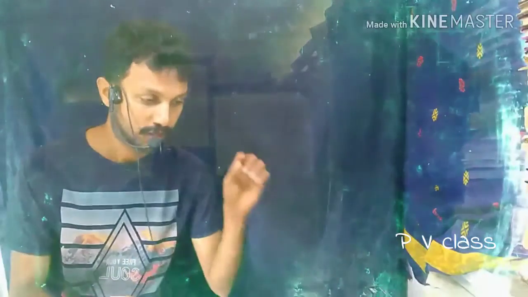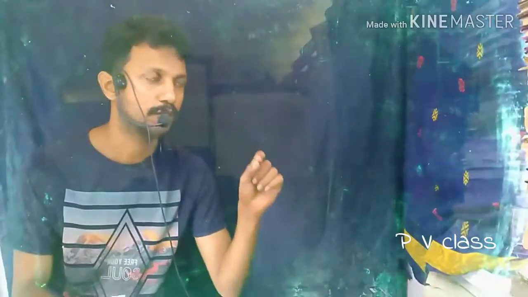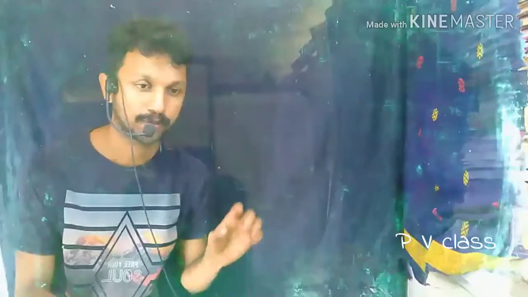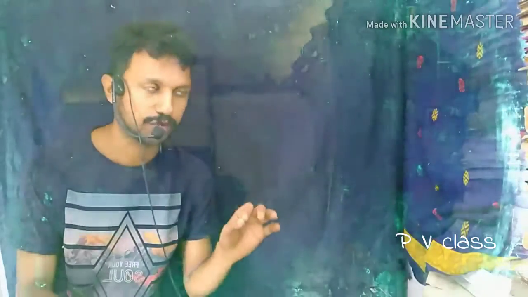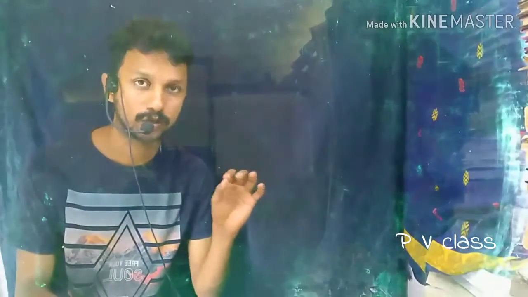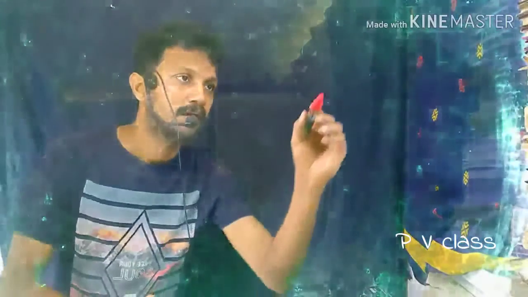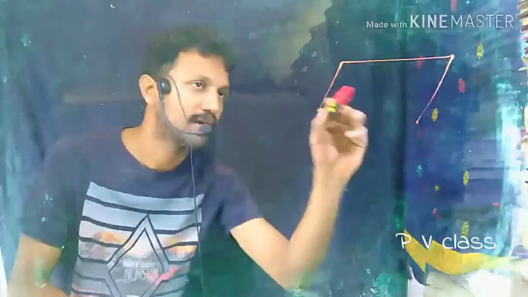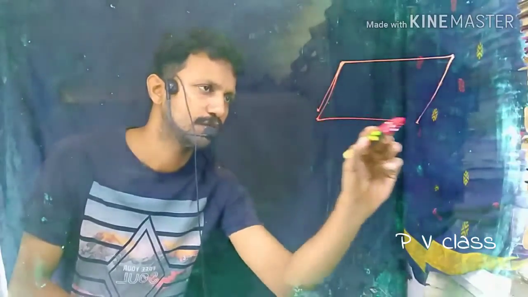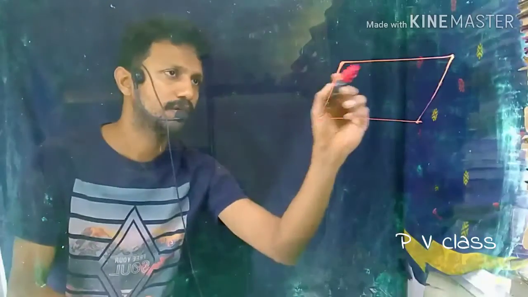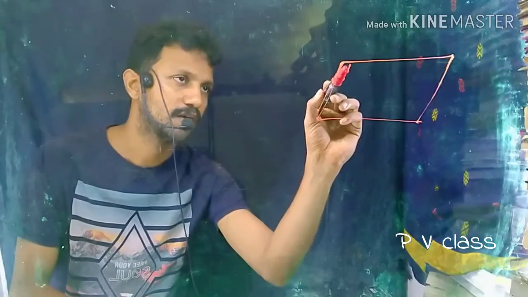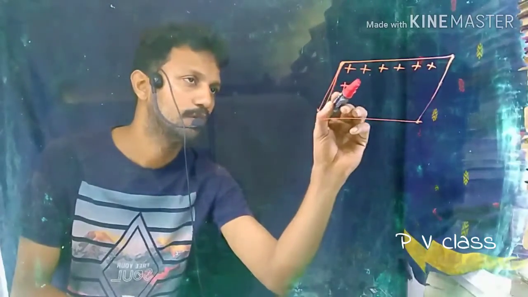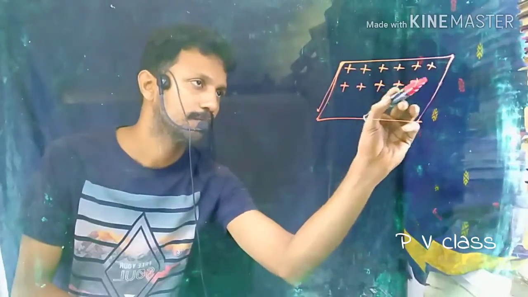Hi. In this video, we are going to speak about the electric field intensity of an infinite sheet of charge, by using Gauss's theorem. For that, let's draw a sheet of charge over here. Now, this is not an infinite sheet of charge, but assume that this is a sheet of charge which is having a positive charge uniformly distributed over the sheet,